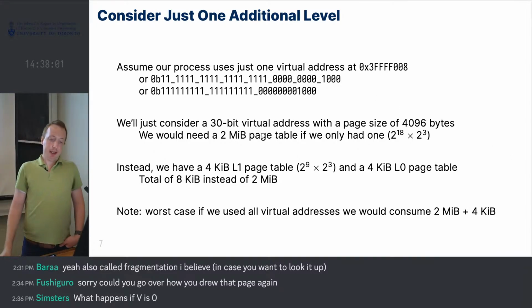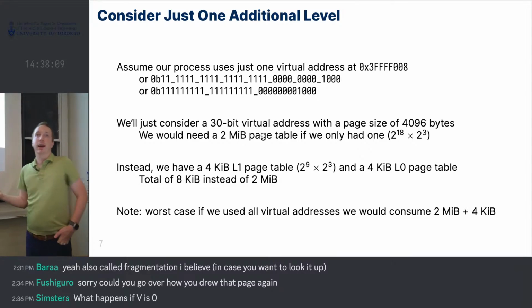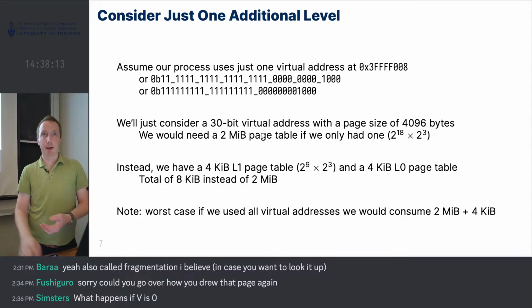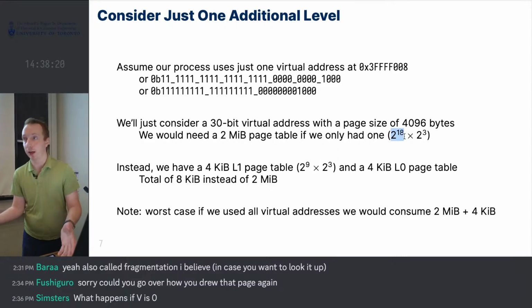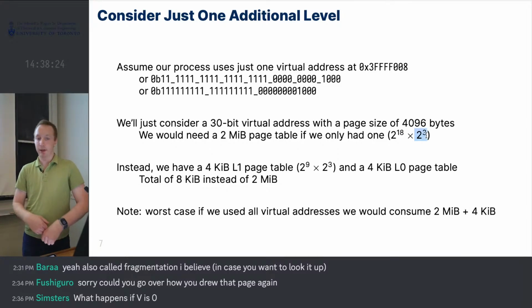So in this case, the savings aren't that big. If we had a 30-bit virtual address and we just had one giant page table, then we wouldn't split it off. We would have 2 to the 18 entries, and each of our entries are 8 bytes. So in total, we would need a 2 megabyte